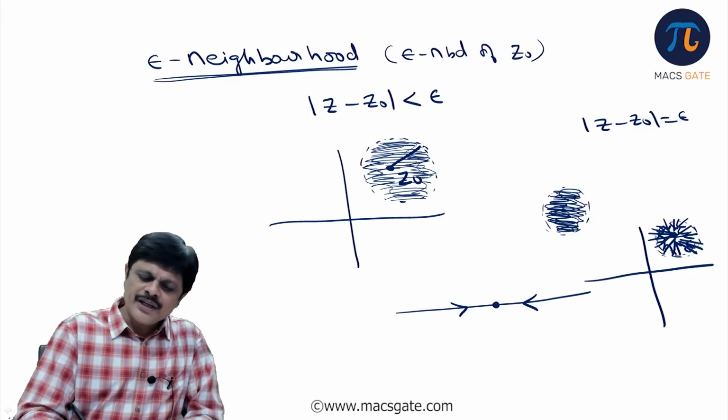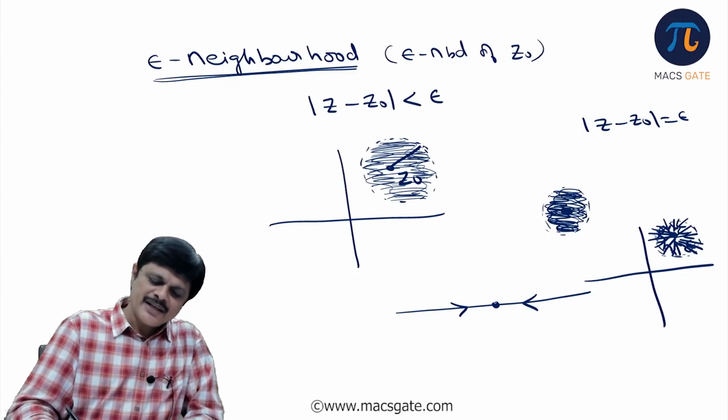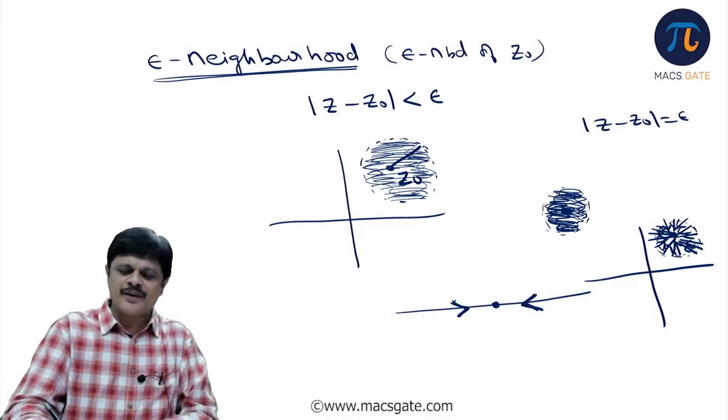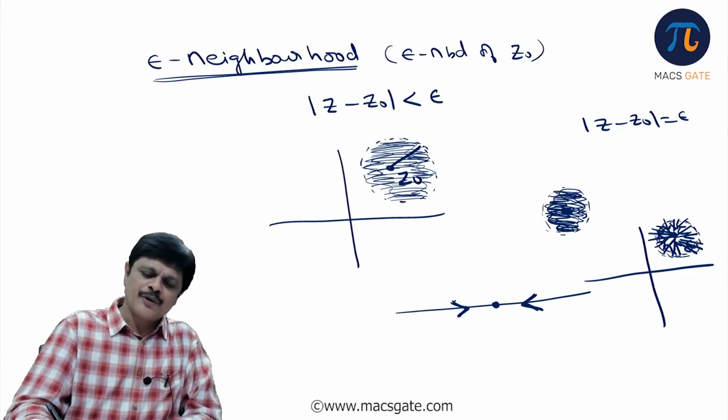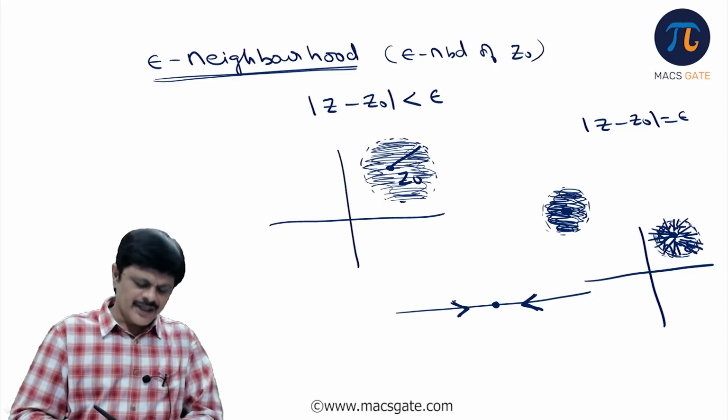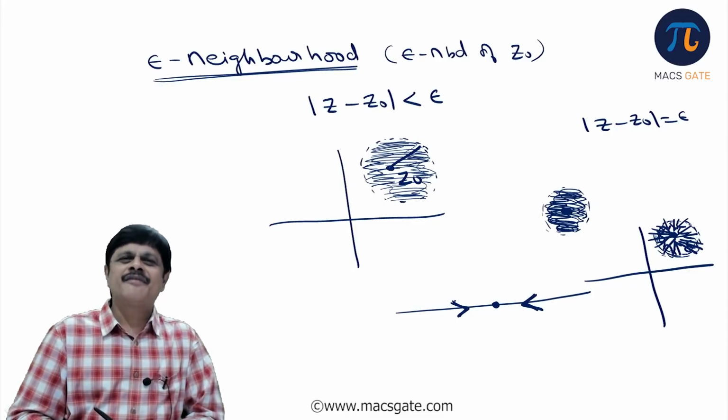Am I clear? So here we are interested in neighborhoods of the point in complex analysis. Whereas in real analysis, we are just interested in the left hand limit and right hand limit, because we can approach only in two directions, but here we need to understand the neighborhood of the point, around the point. Okay, so this is about the basic complex numbers, my dear friends.